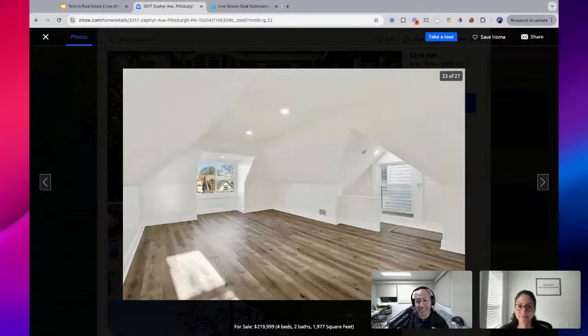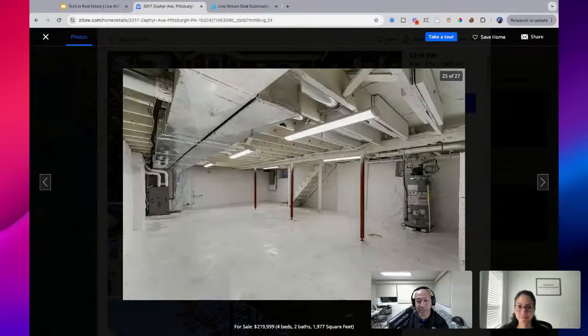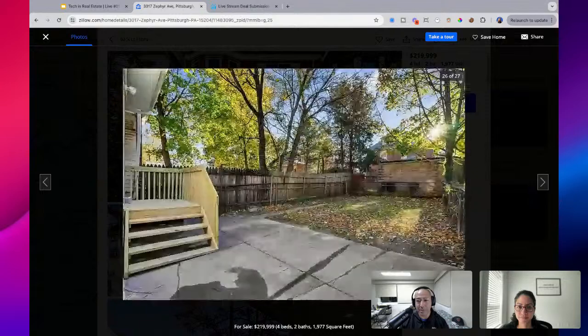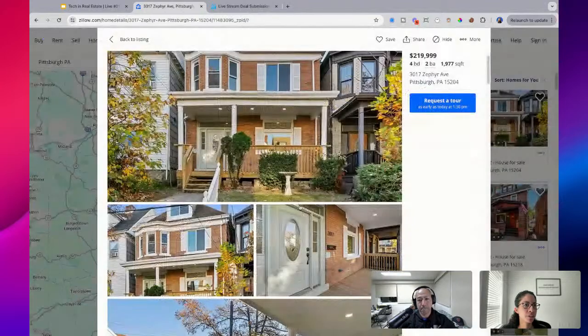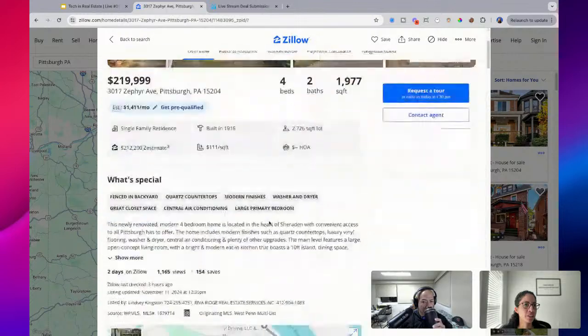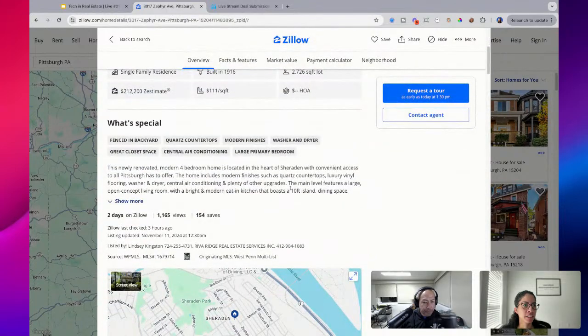I mean, you can kind of tell it's on the higher end. You're going to be paying top dollar for it, it seems like. But just quickly looking at that, that's my initial take from the photos. Yeah, turnkey, beautiful home, looks to be recently remodeled. If we look at the description here as well,